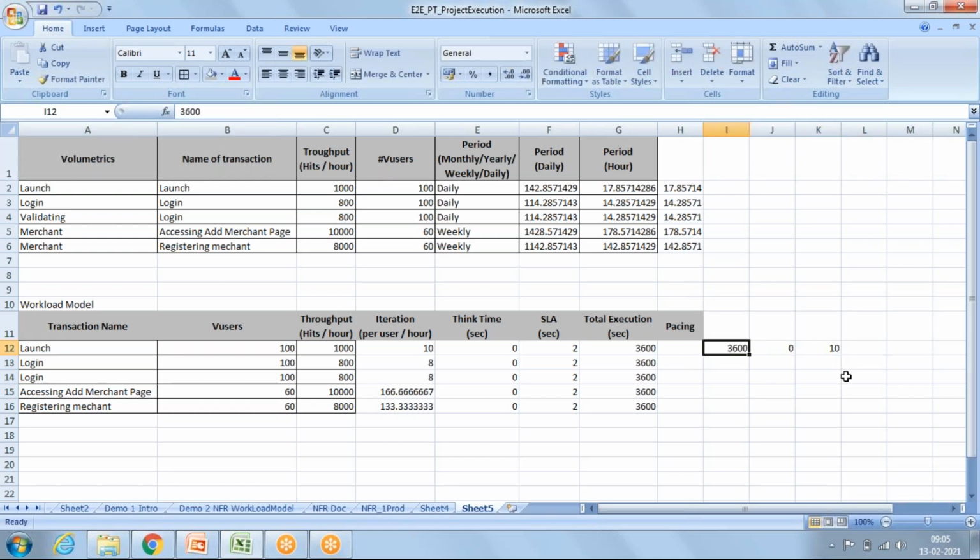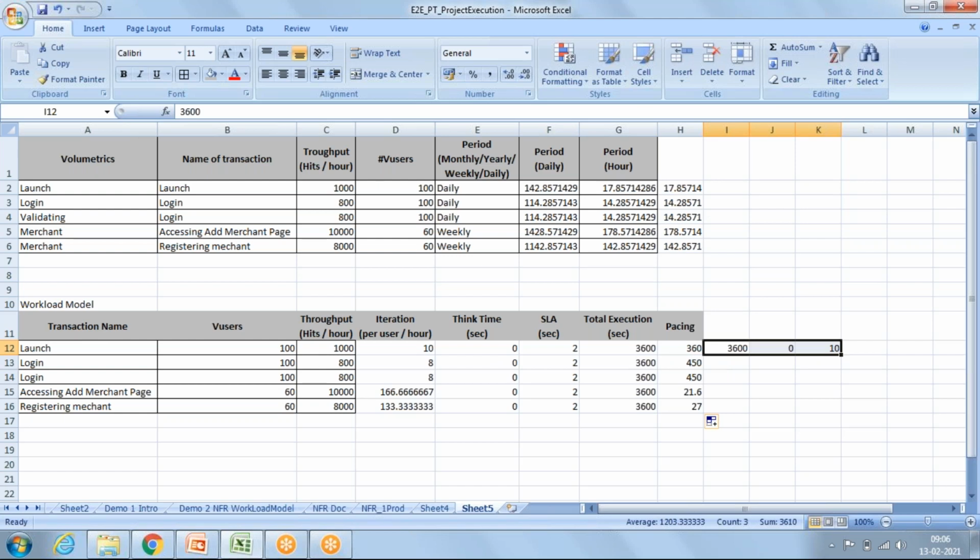So on the pacing sheet, we take the total execution time, subtract think time from it, and divide it by the number of iterations. So 360 seconds is the pacing for this.